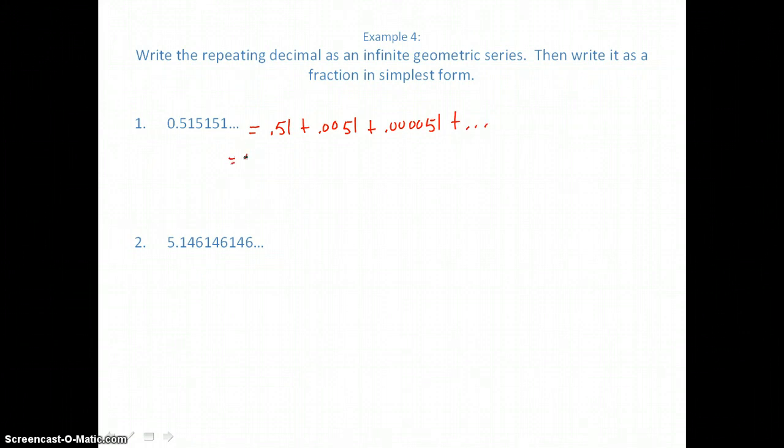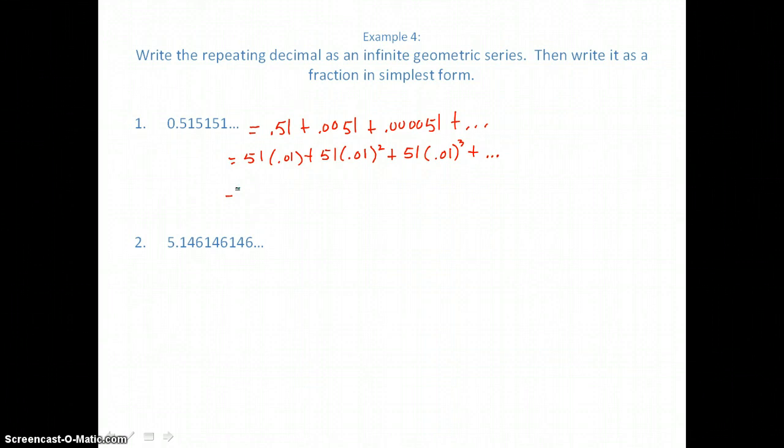So I can write it as 51 times 0.01 plus 51 times 0.01 raised to the second power plus 51 times 0.01 raised to the third power, and so on,